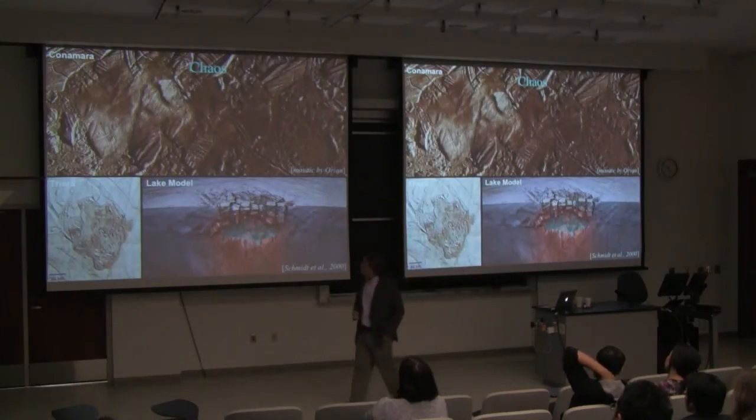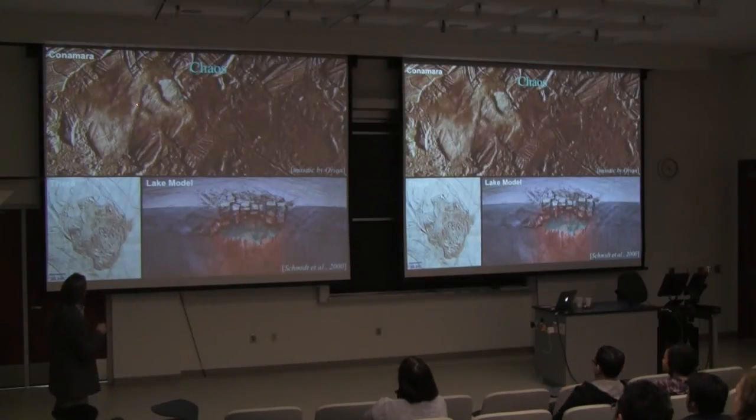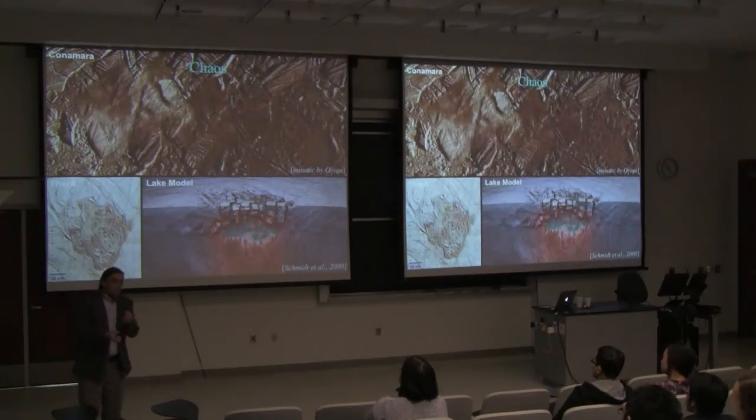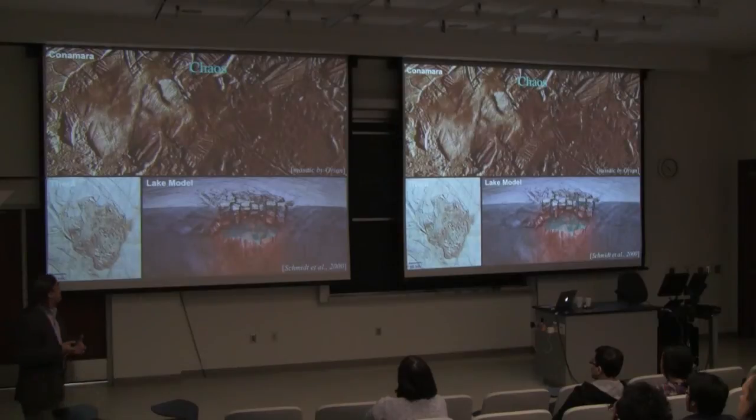Another cool landform on Europa is this chaotic terrain, aptly named chaos, where blocks on the surface have rotated and translated in this kind of hummocky matrix, sort of like we saw before, but now there are these blocks that kind of look iceberg-like. And in looking at the smallest such blocks, which are about 1 kilometer across, in order for them to have moved, the viscosity of this stuff has to be less than warm ice would permit. It had to be at least a slushy water-ice mixture in order for the smallest blocks to have moved in